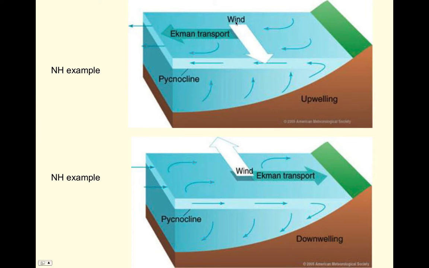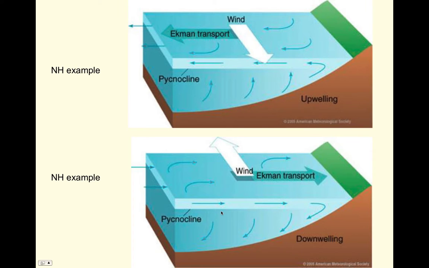California, for example, during their summer has northerly winds coming down from the north heading south. The Ekman transport of the mixed layer is therefore to the right of that wind, offshore. To replace the water that's being lost offshore, it must come from the bottom, in what's called upwelling. So that brings relatively cold, deep water to the surface to replace the surface water that was blown